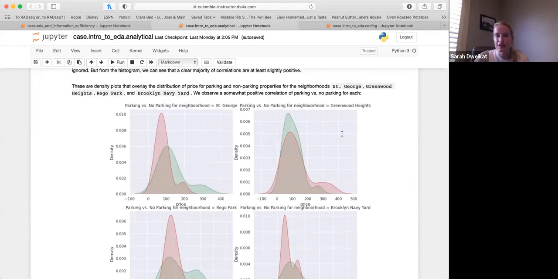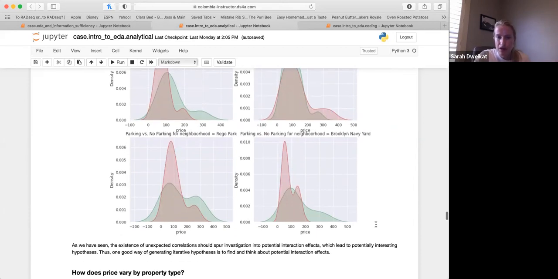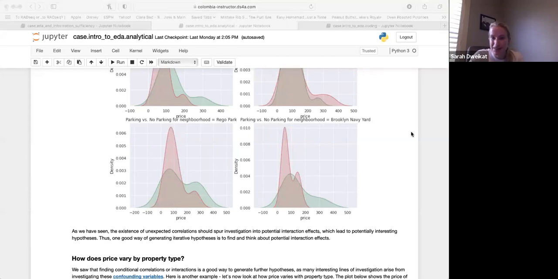So, we can see a difference now where it doesn't necessarily follow that same trend. When we looked at all of the listings in the density plot, we saw that they matched pretty well. And here we can see some differences. We can see these plots diverging a bit from each other. So then we could look at the actual correlation numbers to see which neighborhoods most highly correlate. Now, we don't see a super strong trend here, which makes sense.